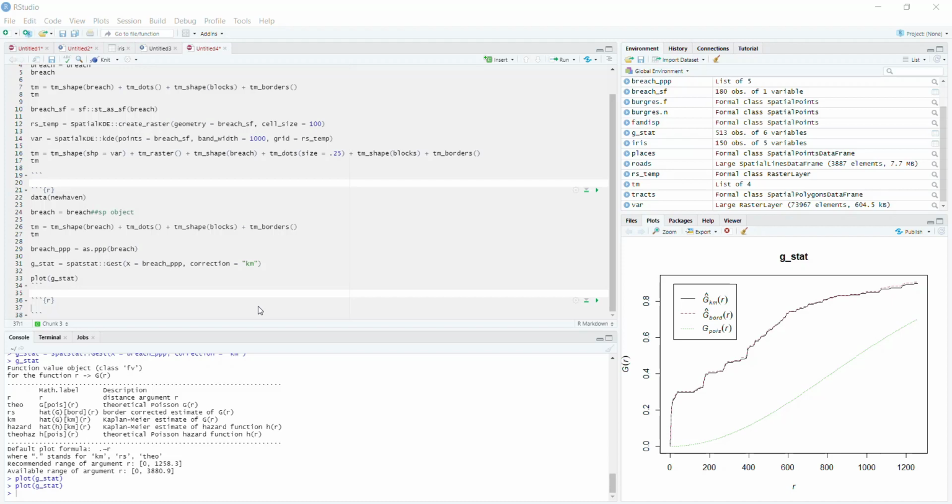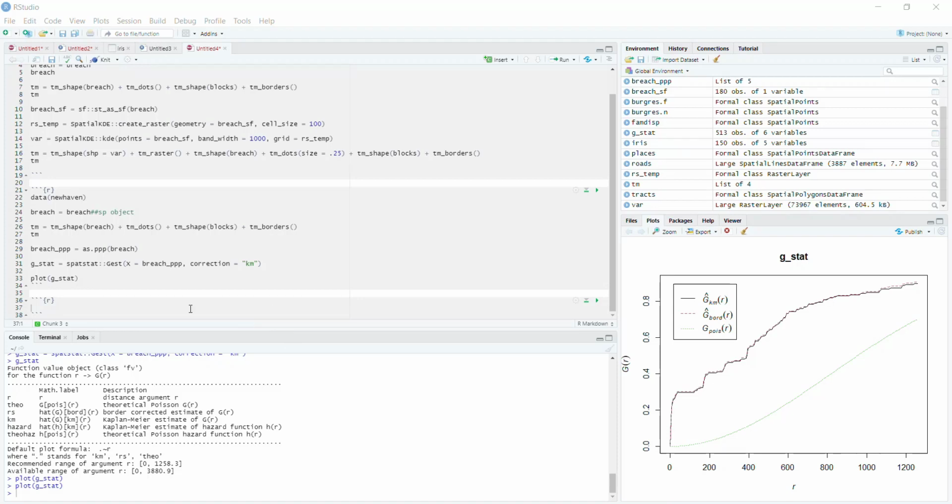In this video, we're going to walk through the second order neighborhood statistic, specifically Ripley's K. This is going to look very similar to the G statistic because it's the same package. The function looks incredibly similar, except it's Kest instead of Gest. So we're going to skip the plotting preamble and jump right into